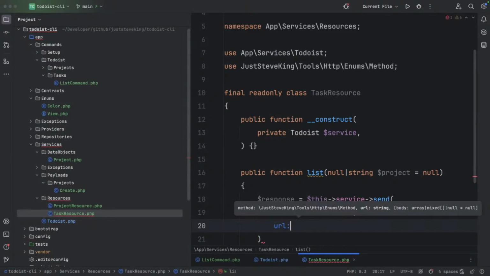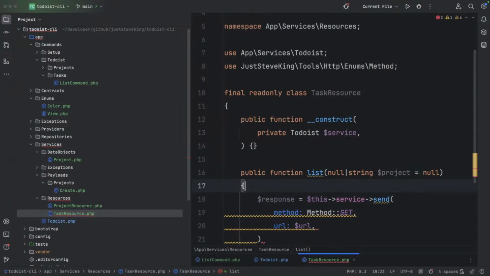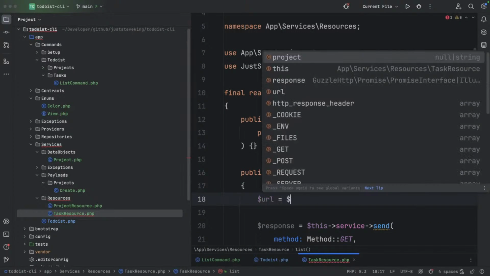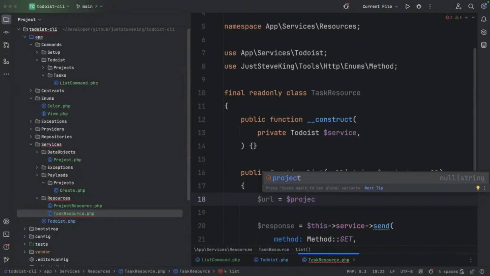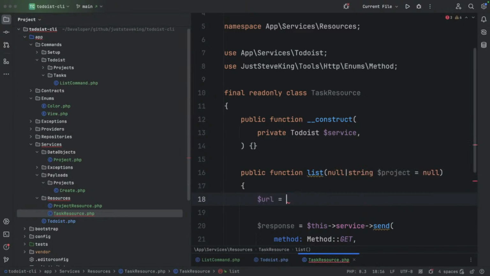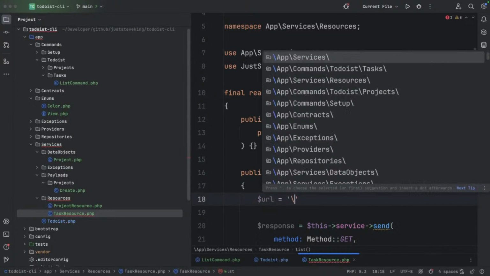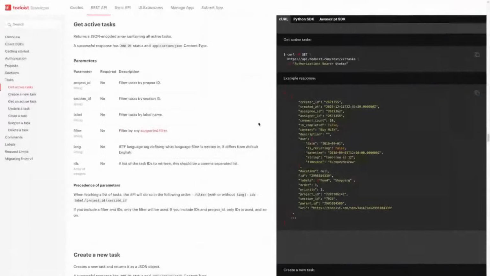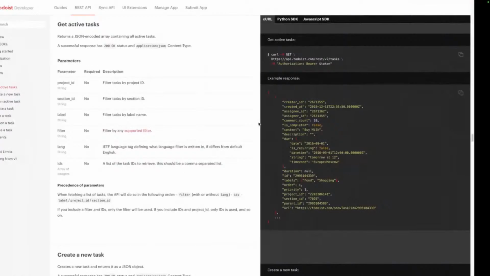Actually, I'll make that a temporary variable. So URL equals tasks. And query parameters, so it can be like